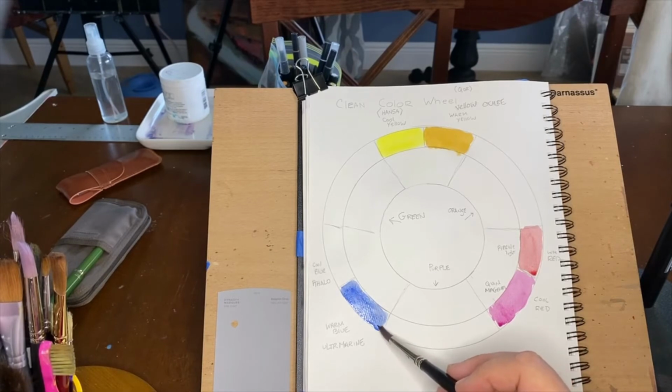Drying out my brush and just soaking up some of that sitting at the bottom. I'm working at an angle, which helps the paint flow. I do that also because it helps with getting the video camera in the right position. And our last color of